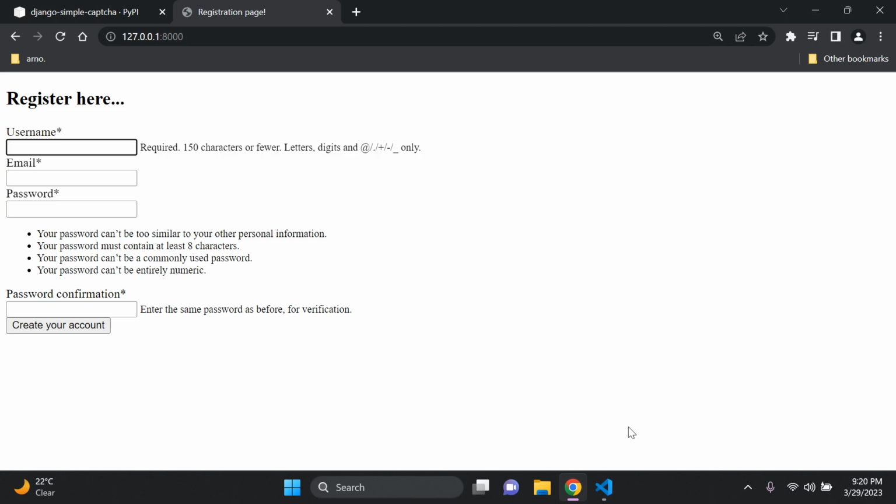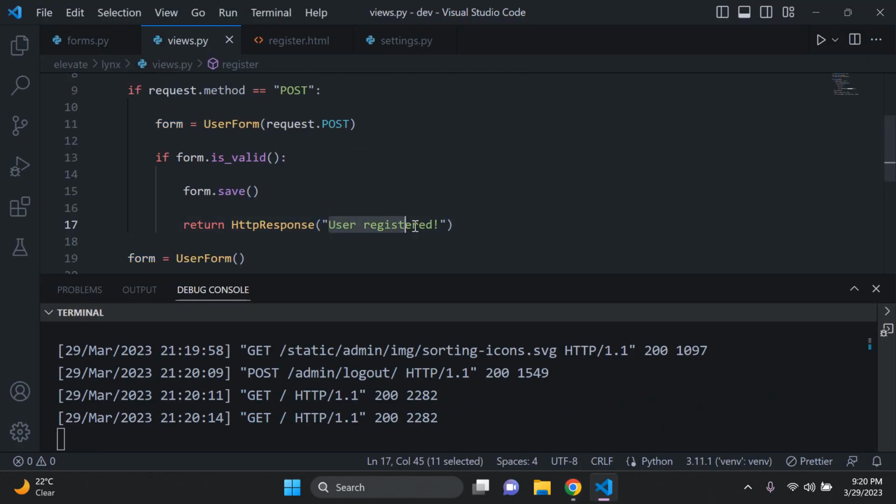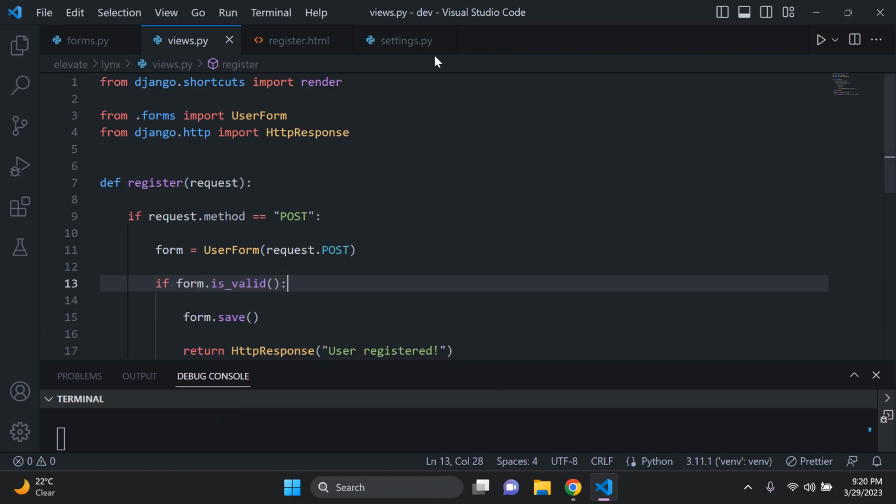Now, just to give you some extra emphasis, in our views, the reason why we saw user registered is because we returned this HTTP response accordingly. All right, so we've got that all in place. What we can do for now is just minimize this console, and we can close everything up here accordingly,